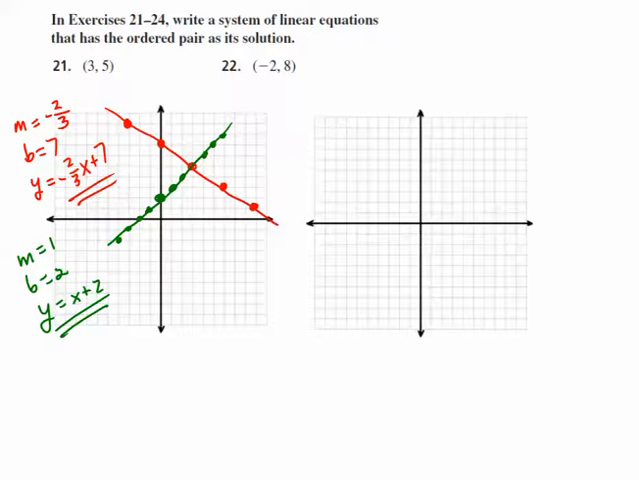Okay, then we'll go on to number 22, a similar type of problem. So hopefully you can see how this works. I want my point to be x is negative 2, y is 8, and that should give me this point right here. I'm going to pick any point on the y-axis. If I pick this point, you can see that I now go down 1, right 2, so I have a slope of negative 1/2 and a y-intercept of 7, so I would have the equation y is equal to negative 1/2 x plus 7,